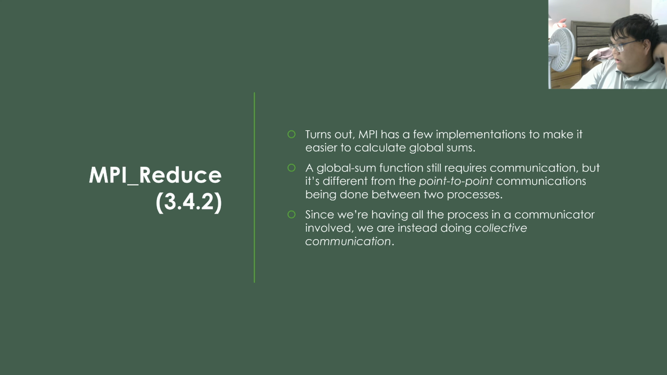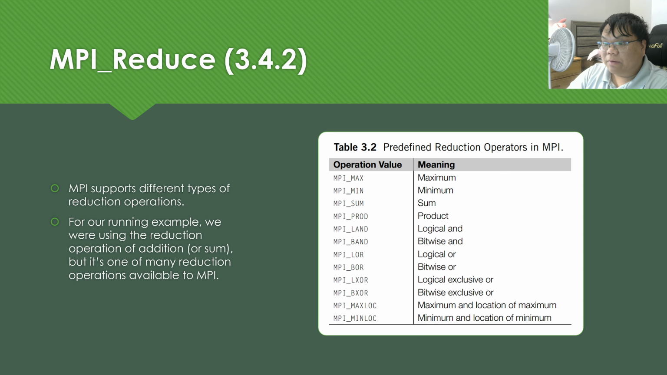So, since we're doing communication where we have one process receive something from all other processes in the same communicator, we're doing collective communication. MPI supports different types of reduction operations, which are listed in this table, like how in OpenMP we also had reduction operations. For our running example, we're just going to be doing addition,